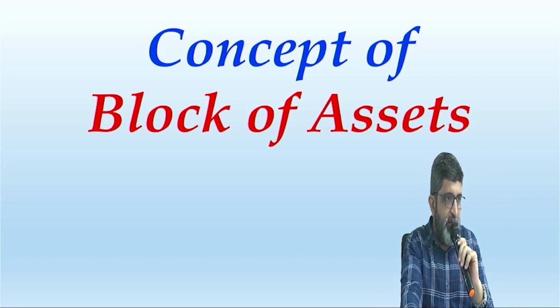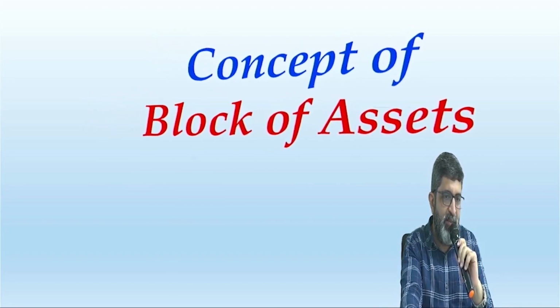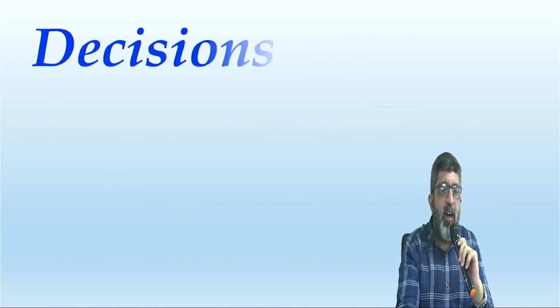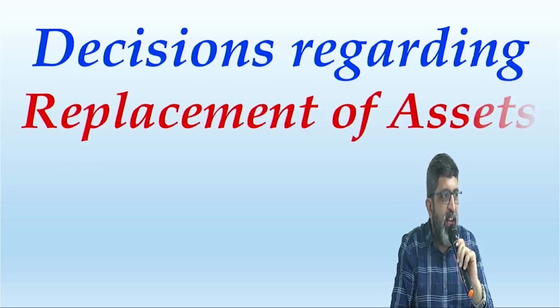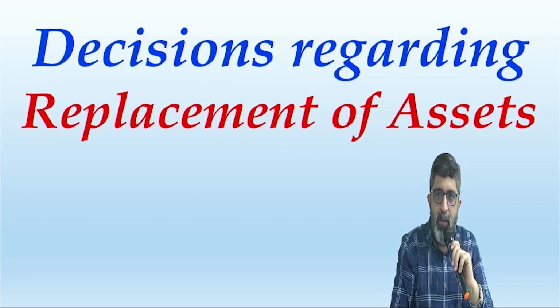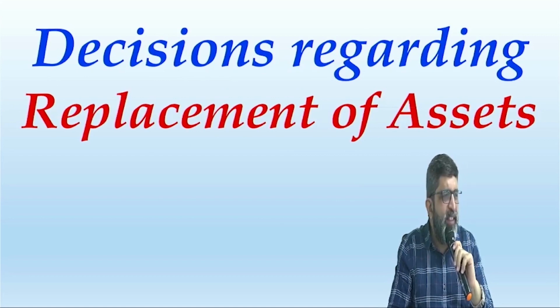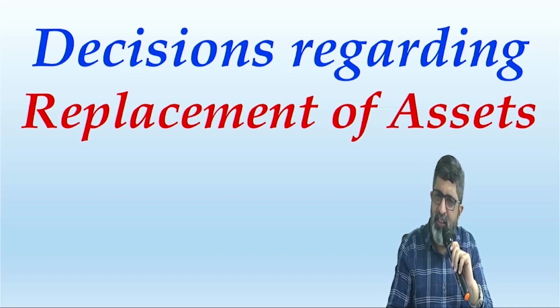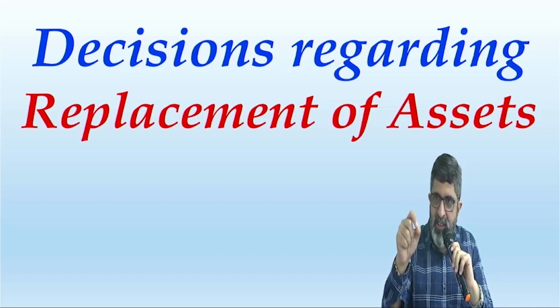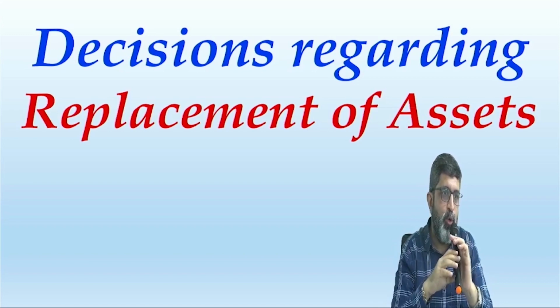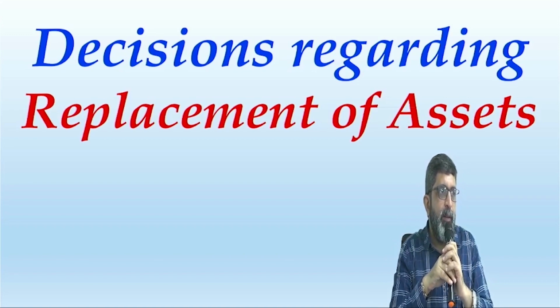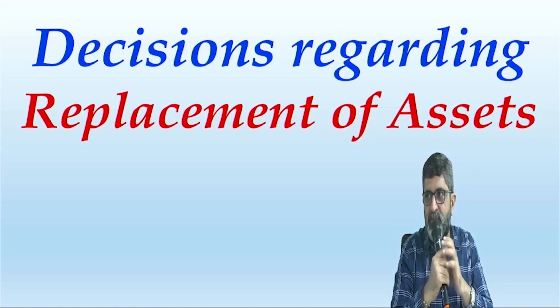After this heading, concept of block of assets, you will write another heading, that is decisions regarding replacement of assets. If you have just written the heading as replacement of assets, even that is fine. But the important thing that I make you write now, you please write that. Under capital budgeting, please write under capital budgeting,